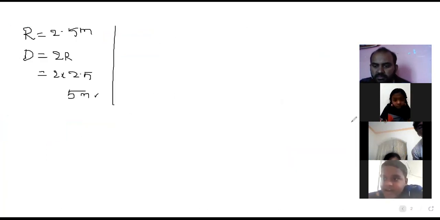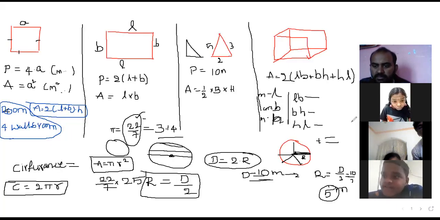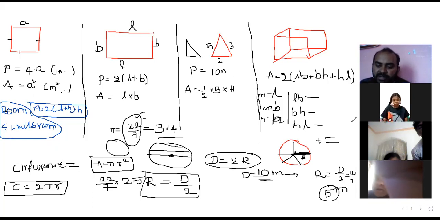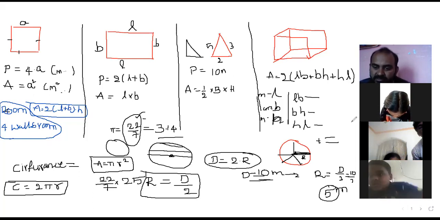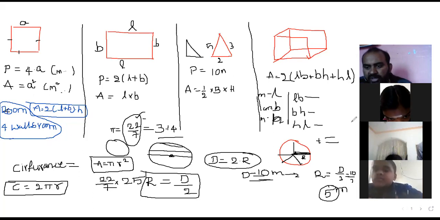Sir, area, perimeter and volume, where are the volume problems, sir? See, in your book only there is a volume problem. You can find that. While you are solving the problem, if they ask what volume, then leave the problem, just tick it and solve it later. Sir, not there, sir. Volume. Yeah, if not, then you can do another book. I will tell you, don't worry about that. I will give another book. First, finish this.